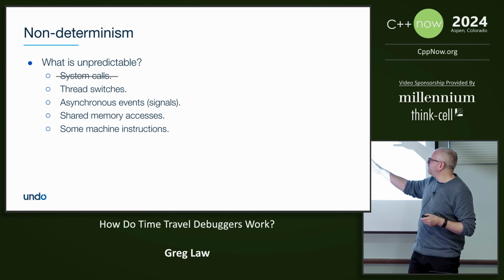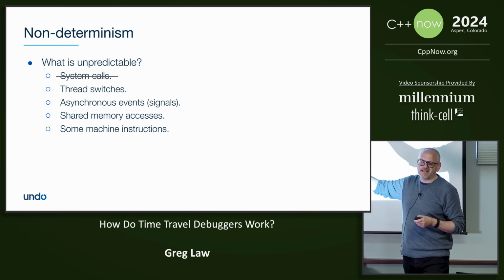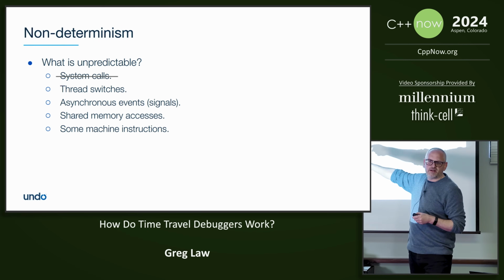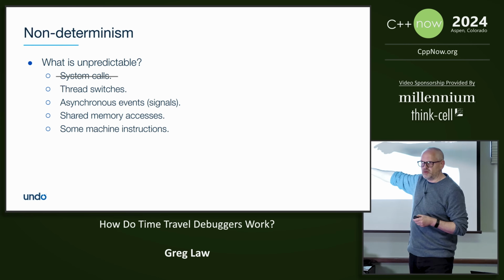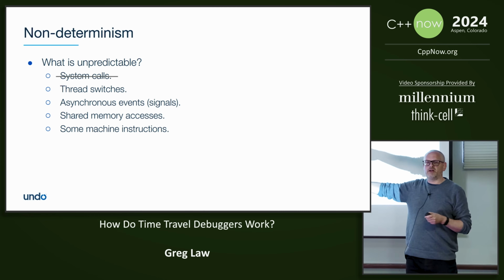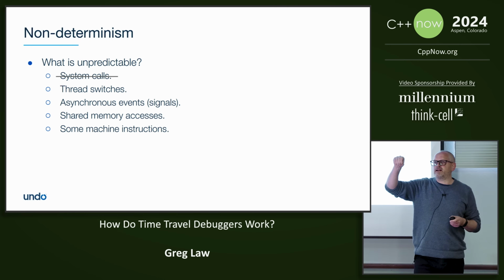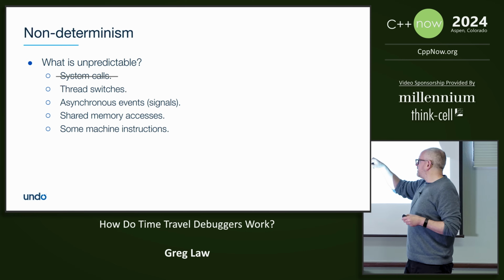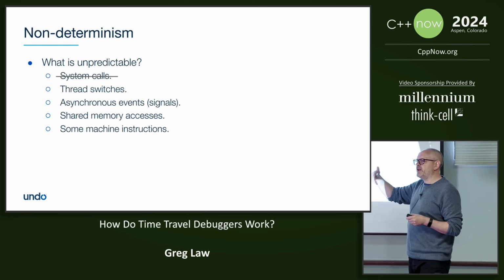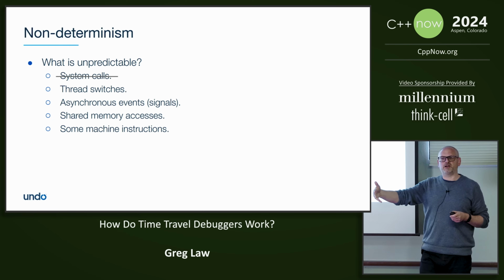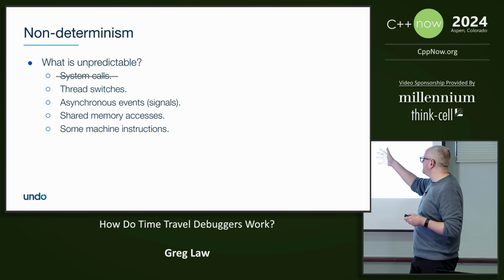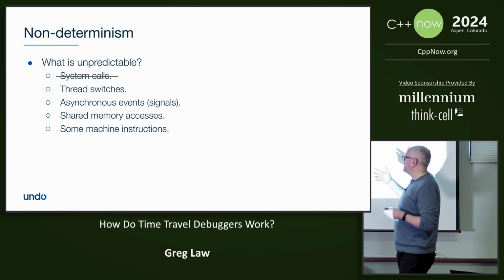Except actually not. In fact, I think if we're going to be pedantic, system calls are just an example of non-deterministic machine instructions. So there's a syscall or int80 or svc0 if you're on ARM. Those instructions mean I can't predict the results based on the current state of the program. If I could, then it probably oughtn't to be a system call. It ought to be a library function, right? So depending how you count, it's a bit pedantic. It's 4 or 5, maybe 3. Anyway,